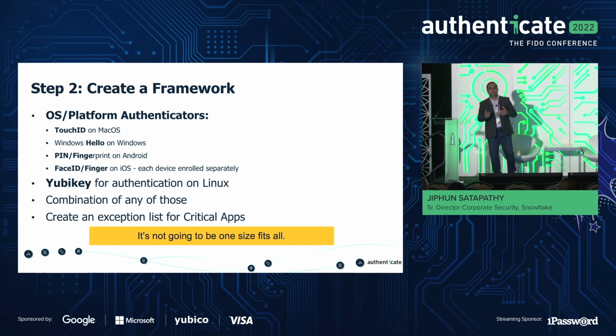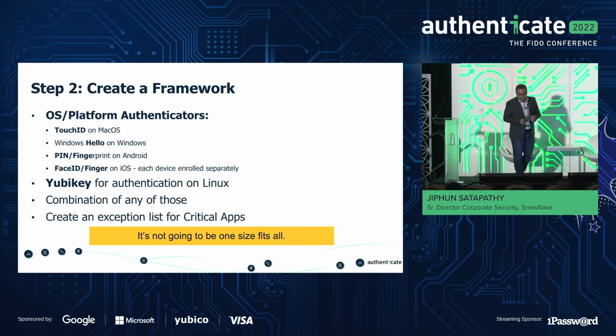So how do you do that? You put that in the exception list, and over a period of time influence that. If it is homegrown, that's great, you can do it. But if it is third party or vendor provided, then influence them to be compliant with FIDO2 so that you can enforce that as well.